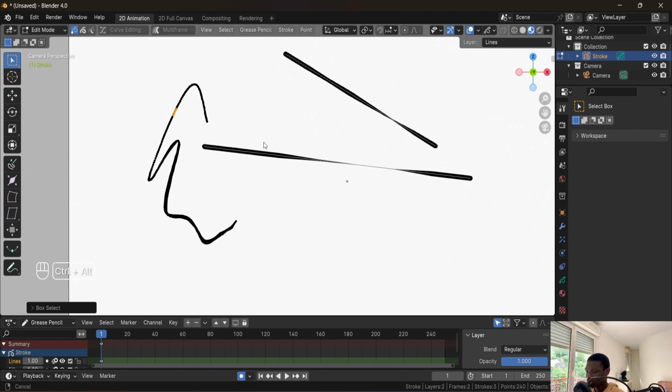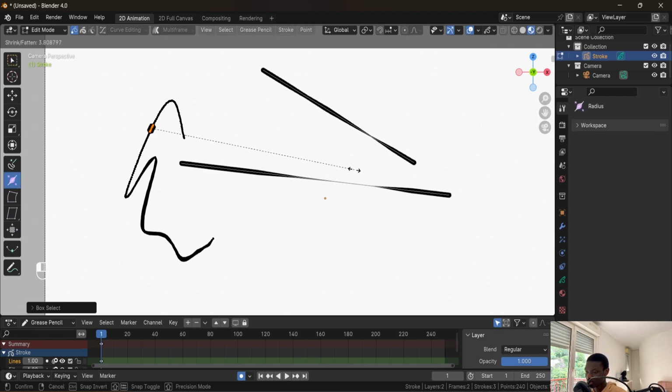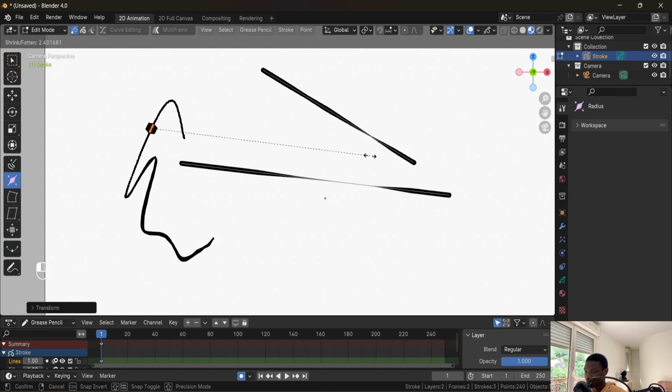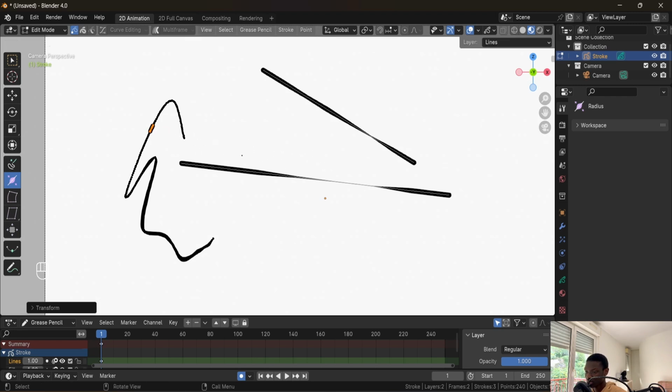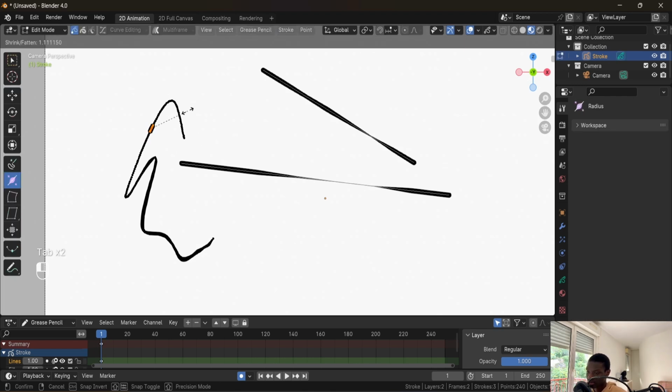So usually what you use it for the most is for thickening the lines. You can use some tools to make the lines thicker, like this. So you basically just select the tool and you click and drag the pen. It can make the line thicker or thinner. And you can also select the